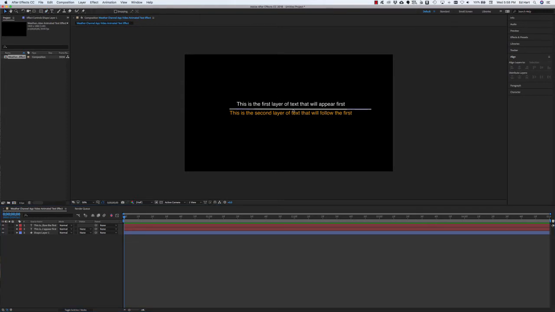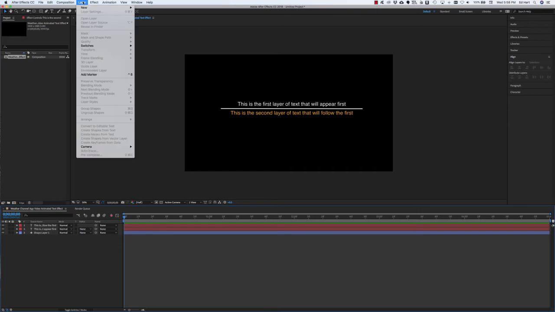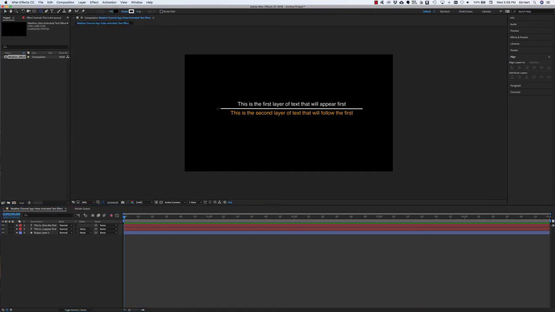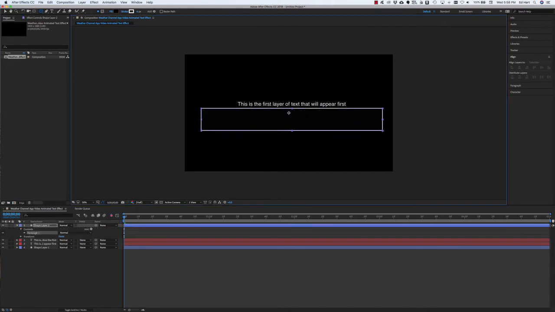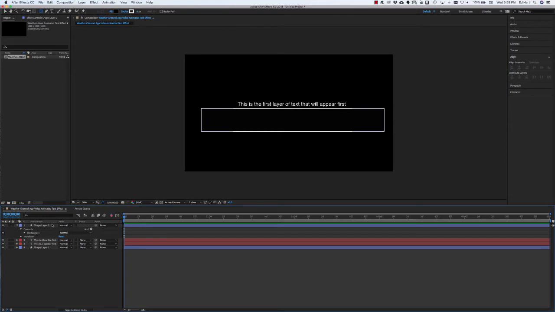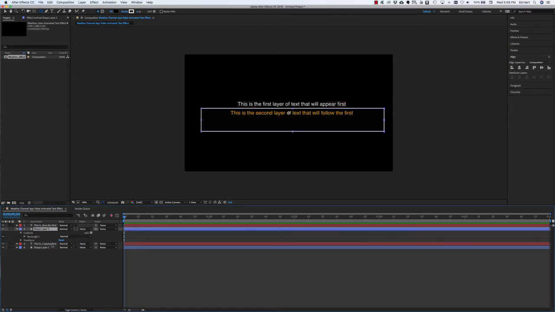Straighten those out. Use my Align tool again. Okay, the concept is to use shape layers in the Track Matte tool to hide our text. So I'm going to create a new shape layer either with the menu or by clicking on the Shape tool and draw a rectangle. Let me move this shape layer down so it's right up above the block of text,